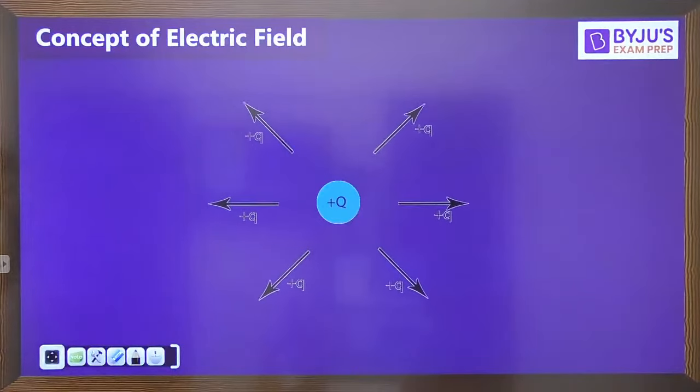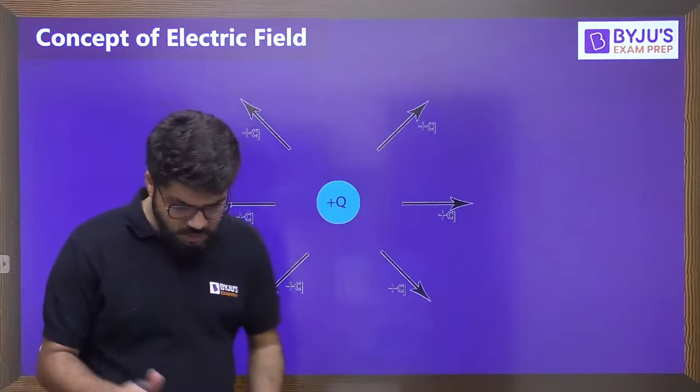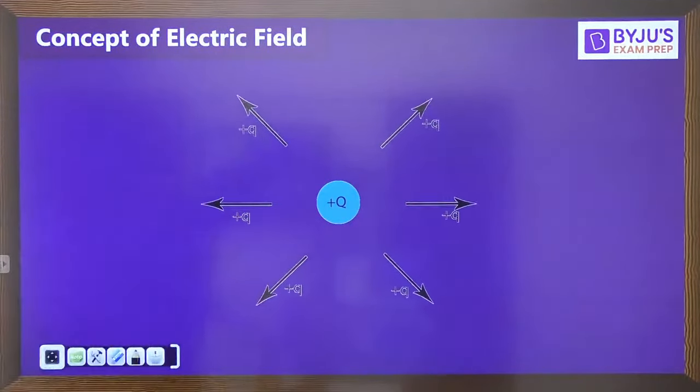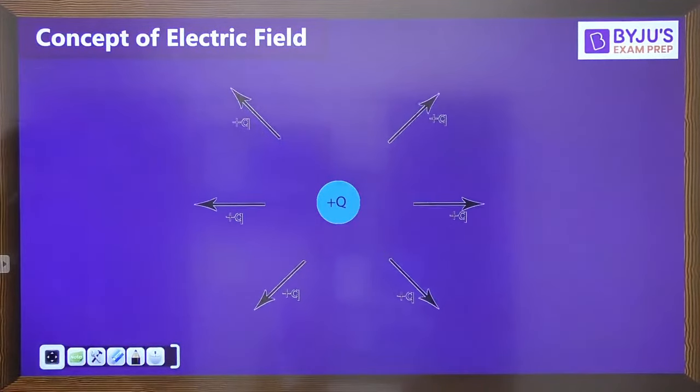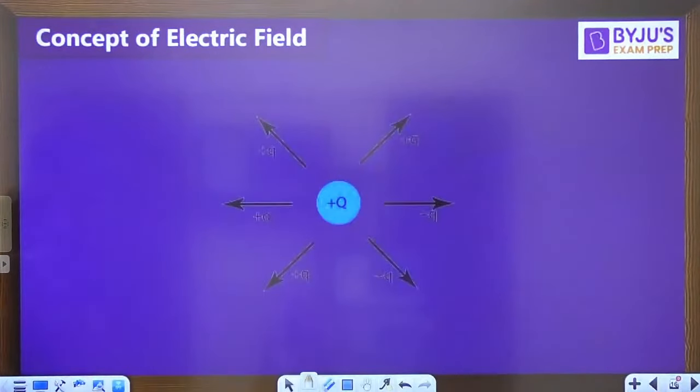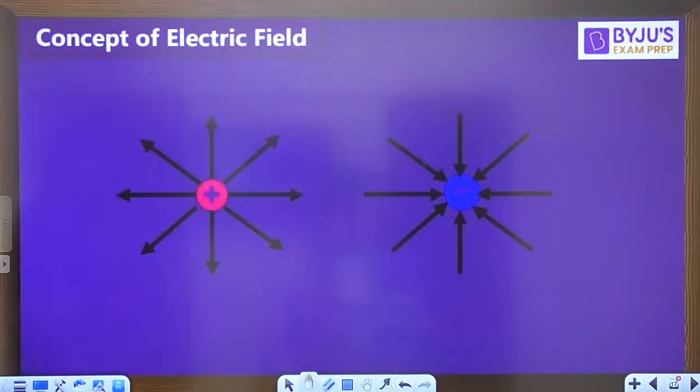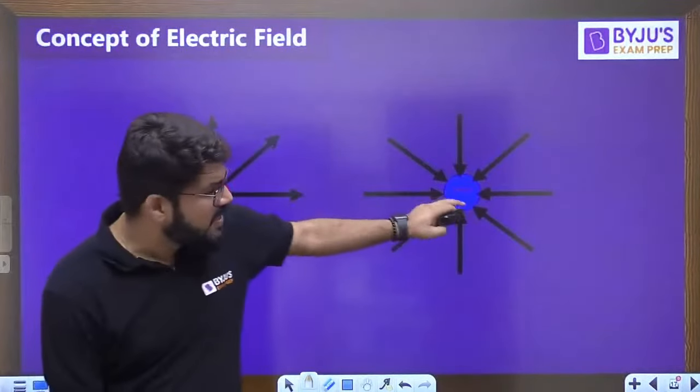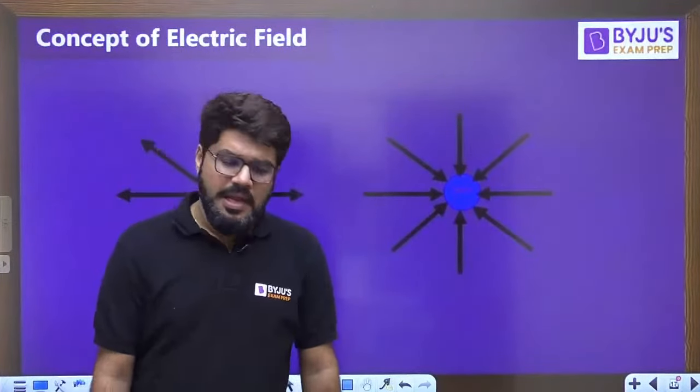It is away, and radially away. Next, if you look into this picture, on the contrary, this is a plus Q, and suppose I take the source as minus, then